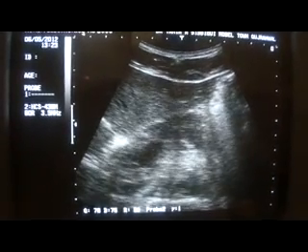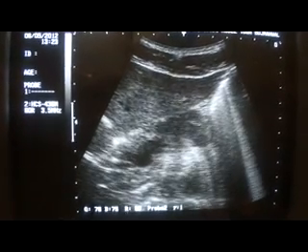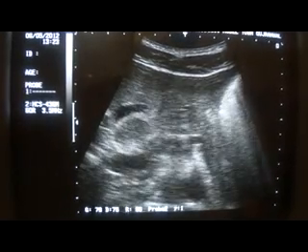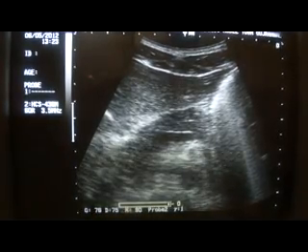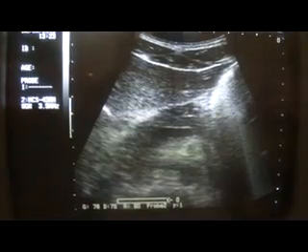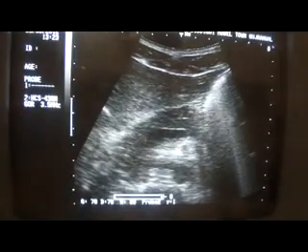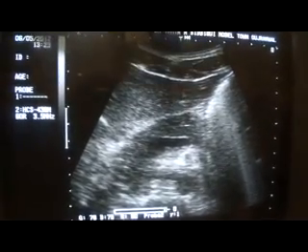I am angling the probe cephalad, and you see that in place of the splenic vein you are seeing a vessel that is arising from the celiac axis and then curving here. This is the aorta and this is the celiac axis. This is the splenic artery,